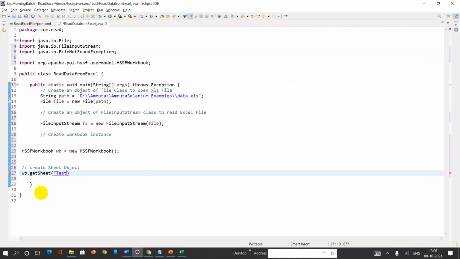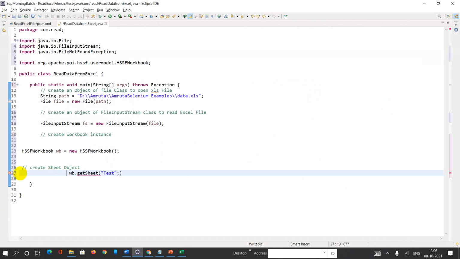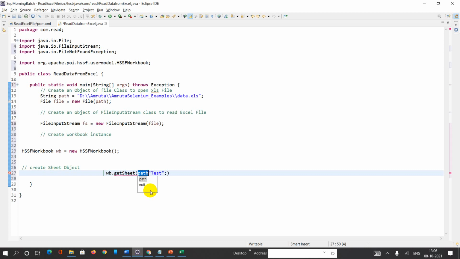I can say test here. But before that I need to pass the FileInputStream object over here.